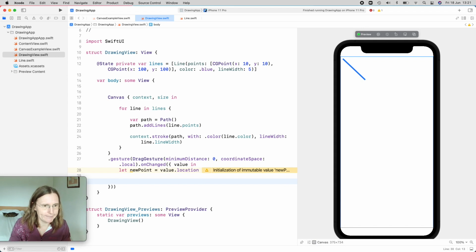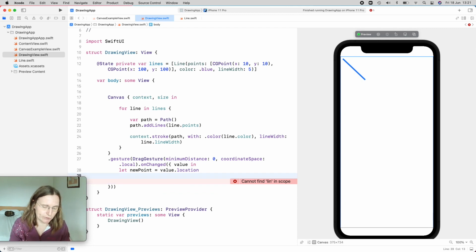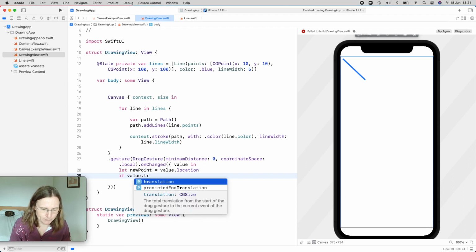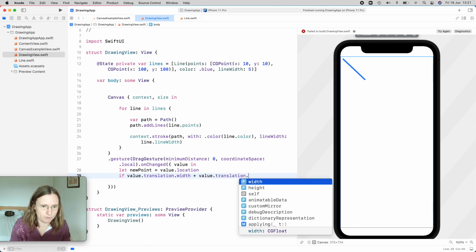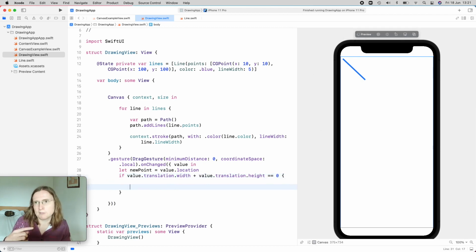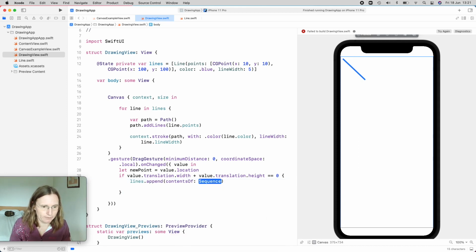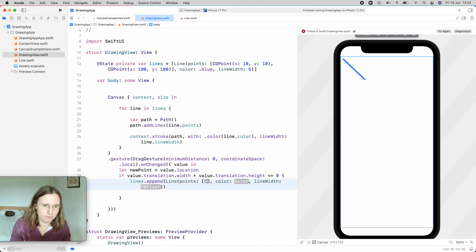I now have a point that I wanted to add to my lines, and I'm not really sure if I started a new line, because it's always called in between. One thing we can use is this translation. If values.translation.width plus values.translation.height is equal to 0, this means it's the first point, because from one point to the same point is always 0. So I can now create a new line and add this to my lines. This is a new line, and I'm directly giving it my new point